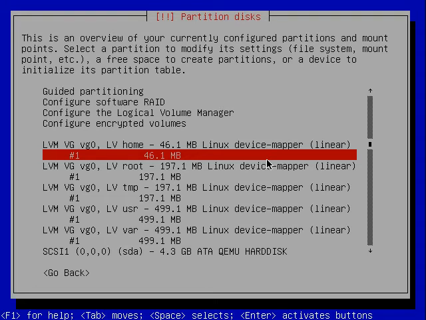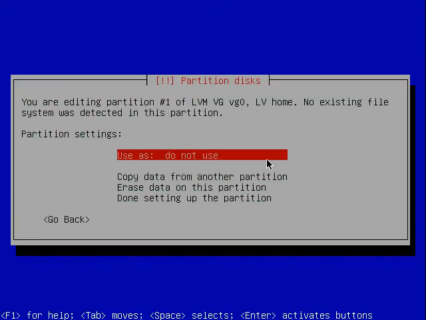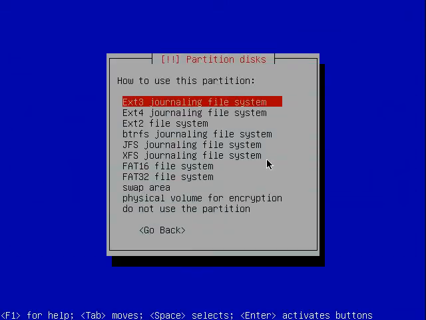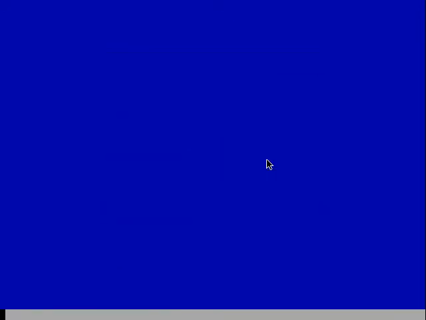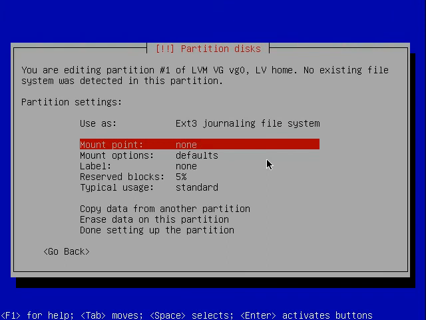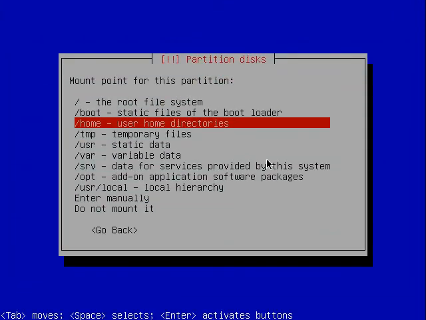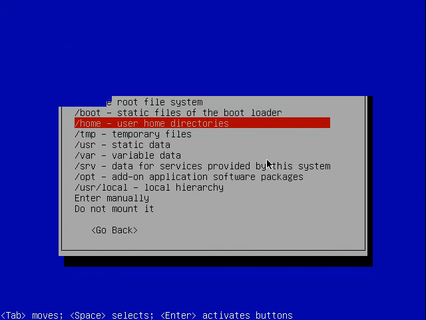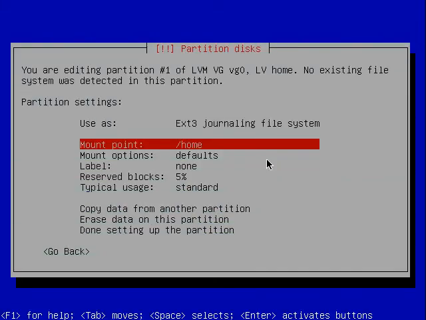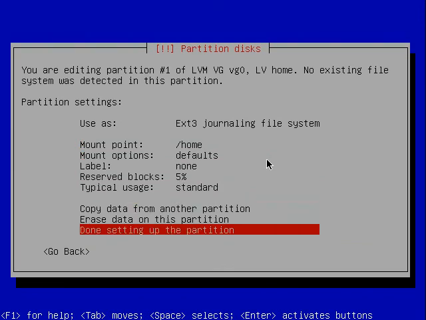So we'll go ahead and press the enter key so we can specify the details. So we'll use it as extension 3, and the mount point is going to be /home. So we'll go ahead and specify /home, user home directories. We'll take all the defaults, and then we are done setting up this partition,